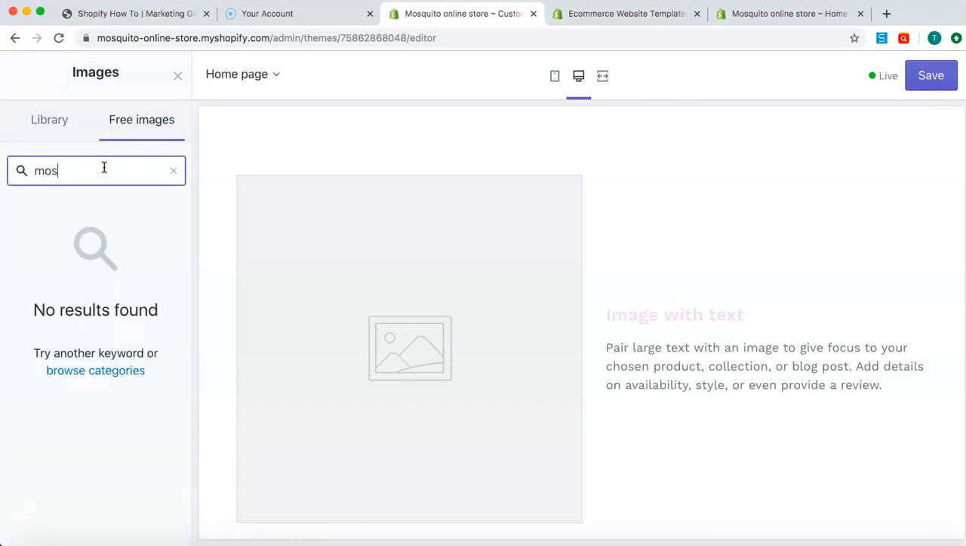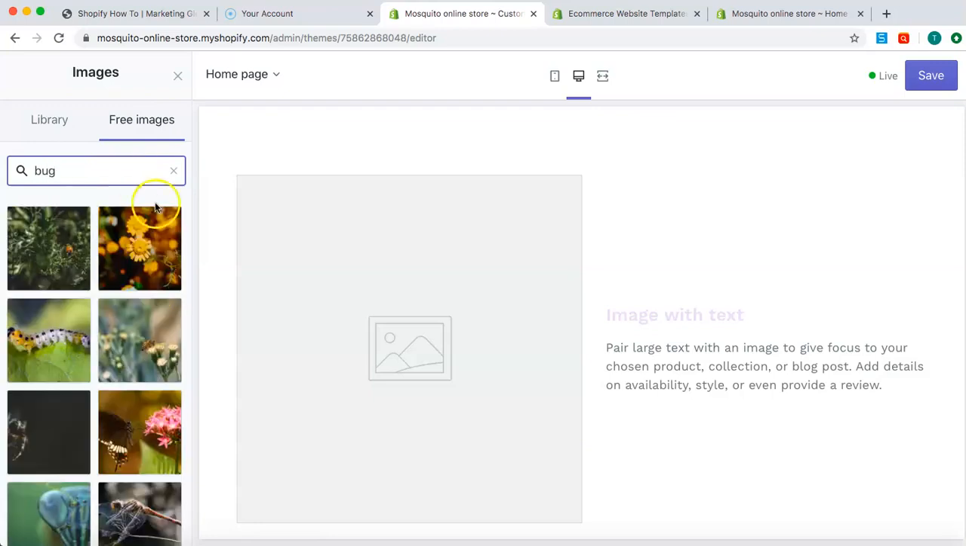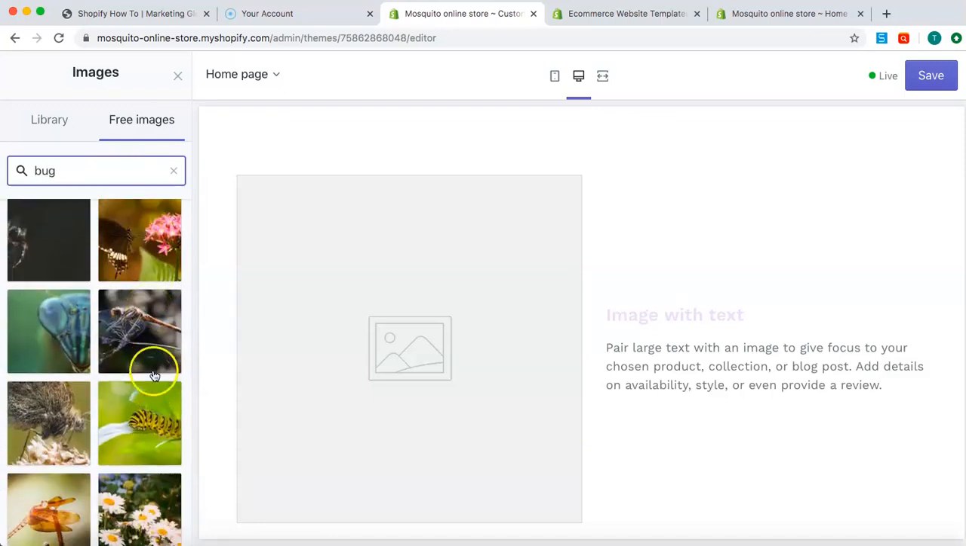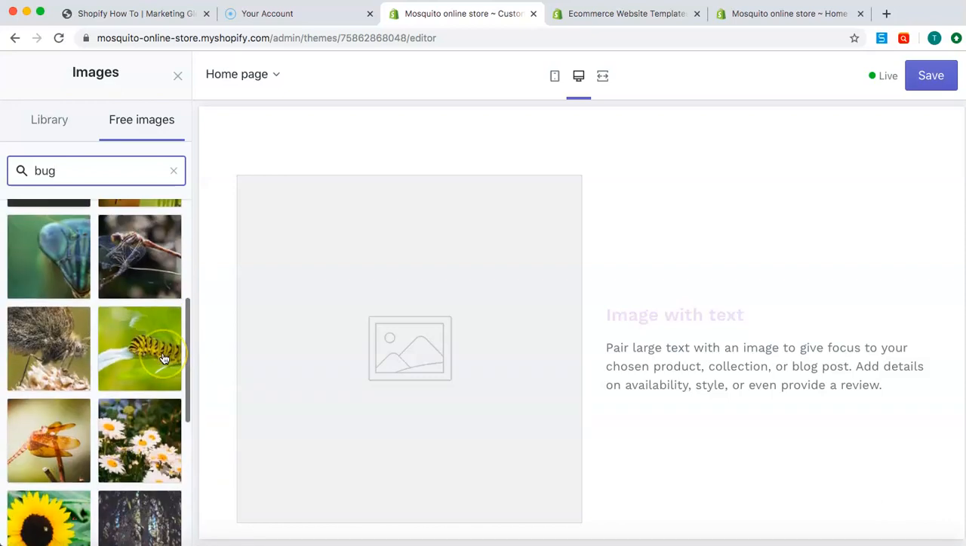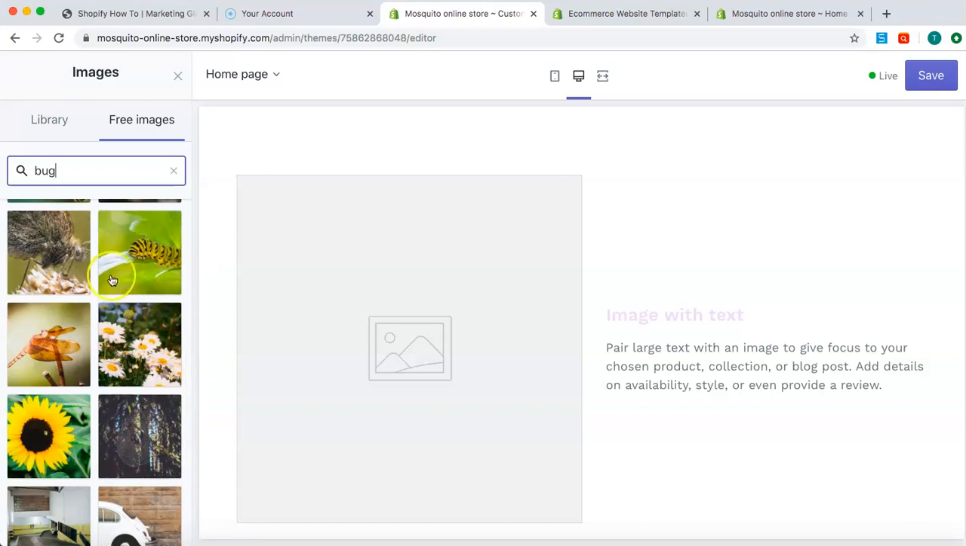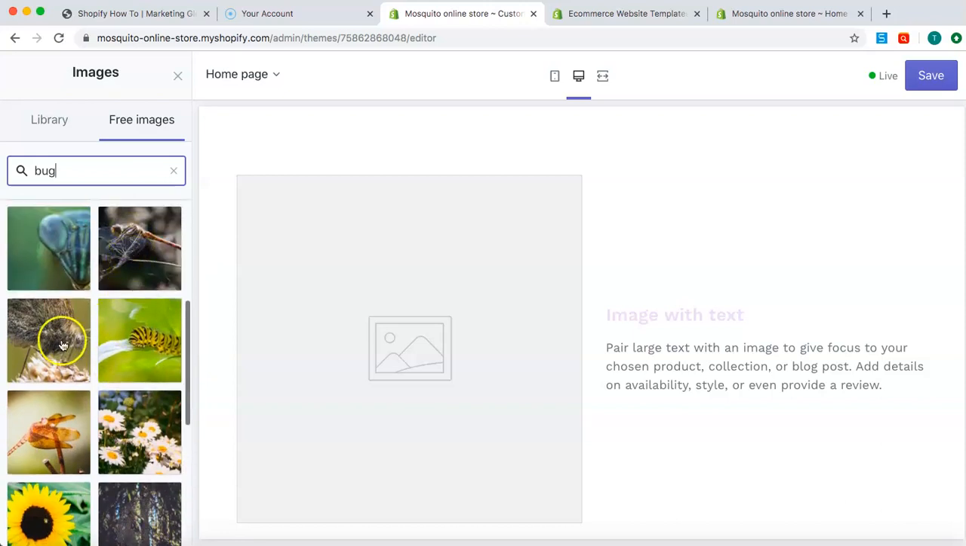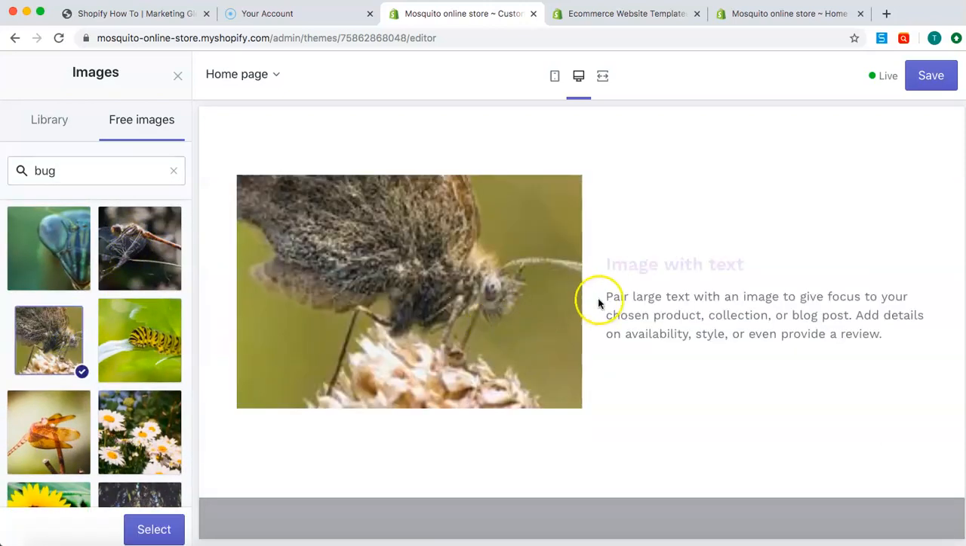So if I go to mosquito, no, they don't have anything. What if we go to bug? Within bugs, I've got a couple. You might just choose any of these if they've got something there. Doesn't look like they do, but you can just upload an image from there if you don't have your own image. If you do, go get your own image. So once I've done that, I'll go to select,